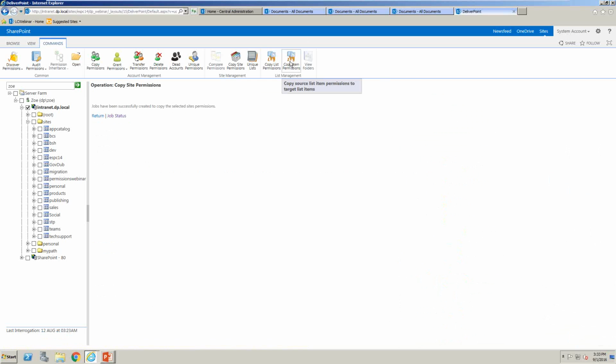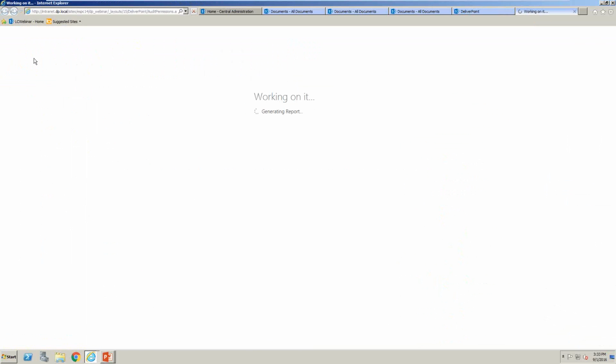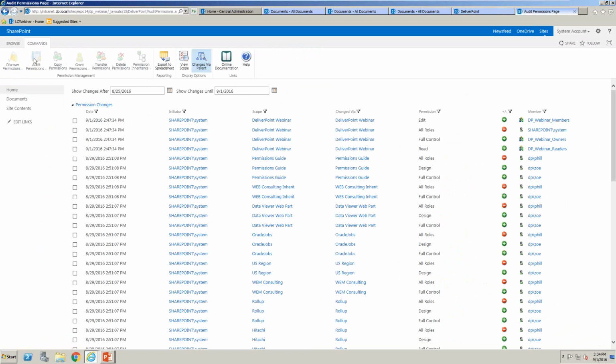So a couple of things to finish up on. What I'm going to show you is the auditing of permissions. So at the moment, we've just seen how we can check what permissions people have currently. But if we select site collection as an example here, we can go through and audit the permissions. So that will show what permissions have changed within a given time period. So currently we're just looking at a 1 week time period, and we can see there's been all of these